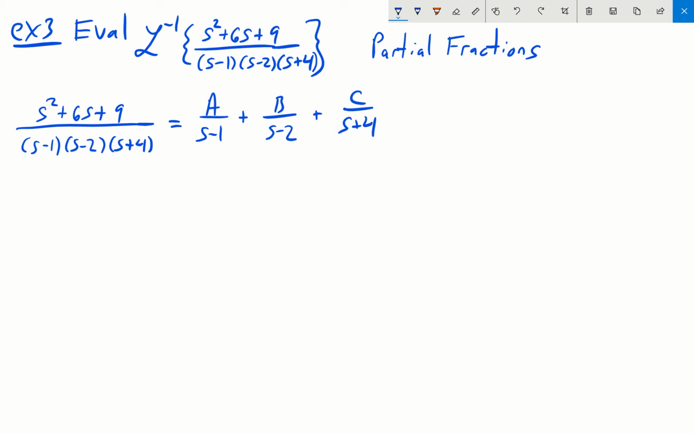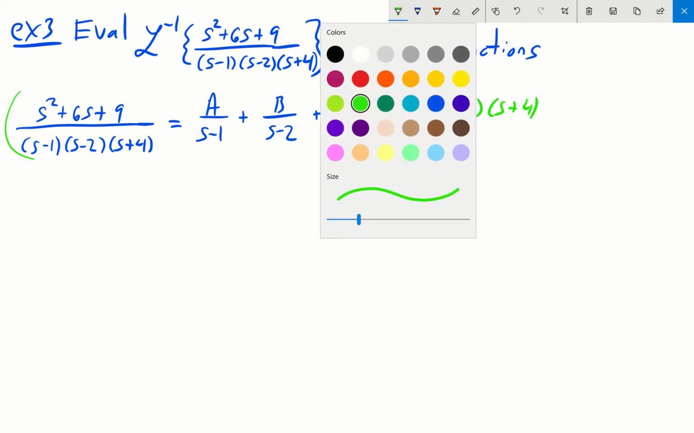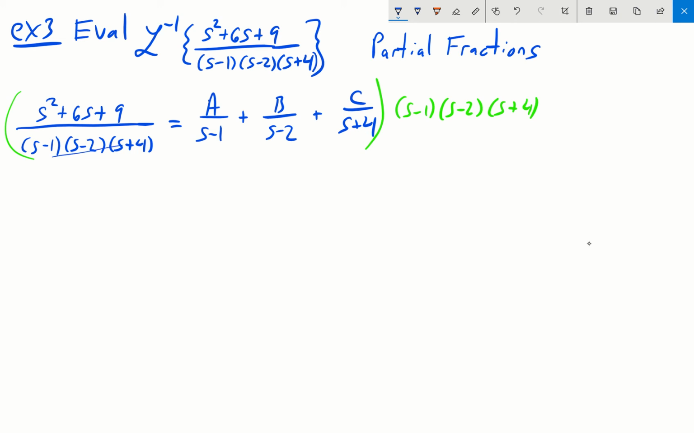What we can now do is clear fractions by multiplying both sides of the equation by s minus 1 times s minus 2 times s plus 4. It's poor form, I should really show this on both sides, but just because I don't have a lot of room to work with, you're essentially multiplying both sides by this. What that will give us is the following. It'll cancel on the left-hand side, so you would get s squared plus 6s plus 9 is equal to,